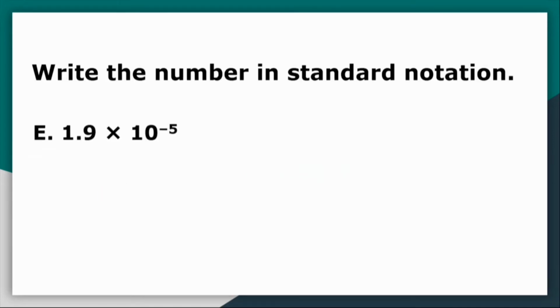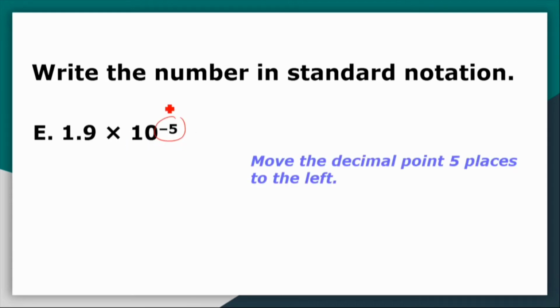Last, 1.9 times 10 to the negative 5. Again, we have a negative 5. So it means we're going to move the decimal point 5 places to the left. So we have 1.9, 5 places to the left: 1, 2, 3, 4, 5. So we're going to add 4 zeros. This is our decimal point. So the final answer will be